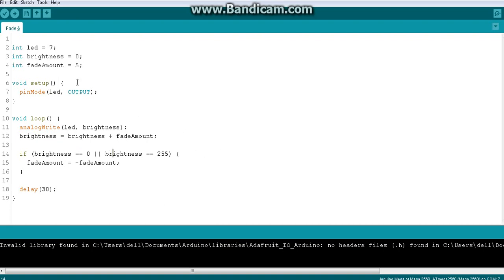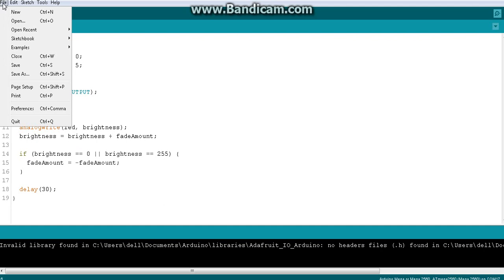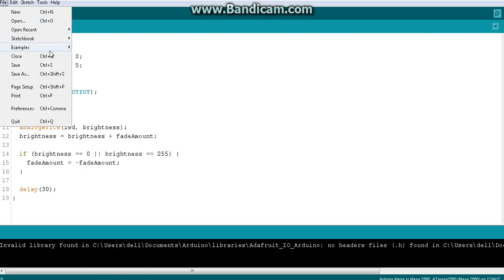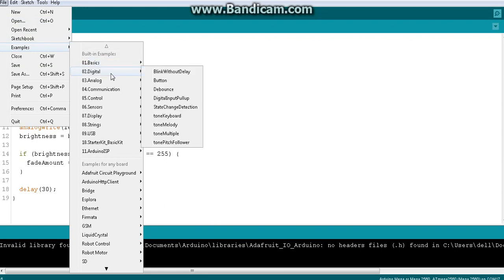So now you don't actually have to write all this code. If you want, this code is in the examples of Arduino. What the examples mean is, in the Arduino they have given you a few codes to go through, to study, or to begin with. To do the basic things like blink and other things, they have given us examples so that you can practice them. Where you can find them: open the file and you can find something called examples. Right there you can find so many example codes.